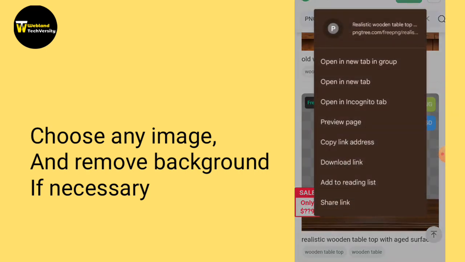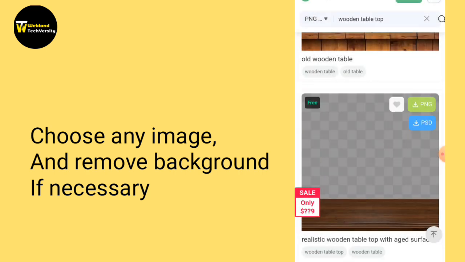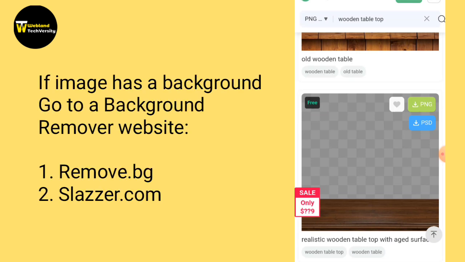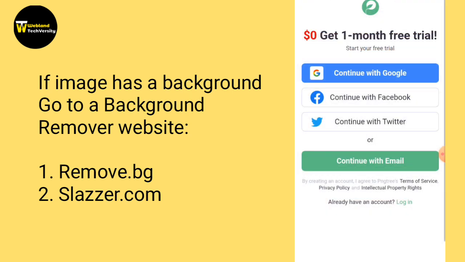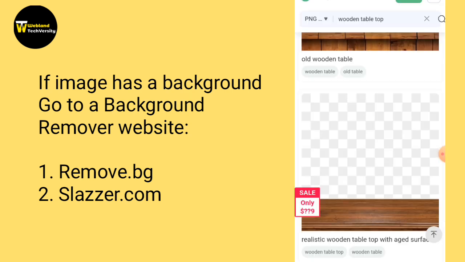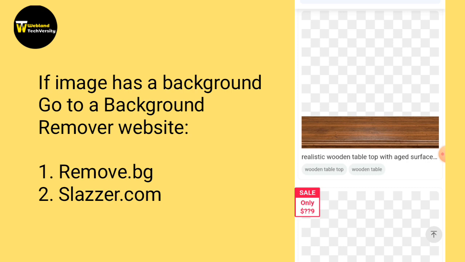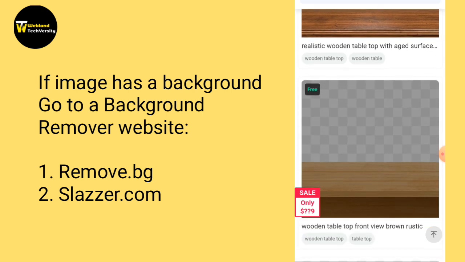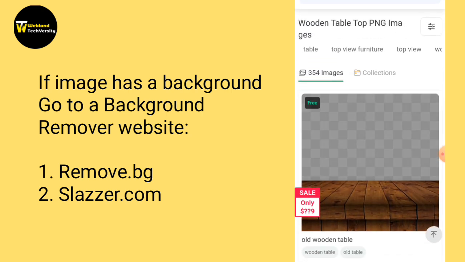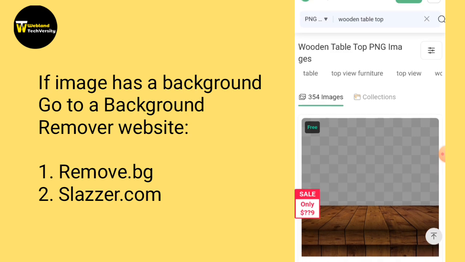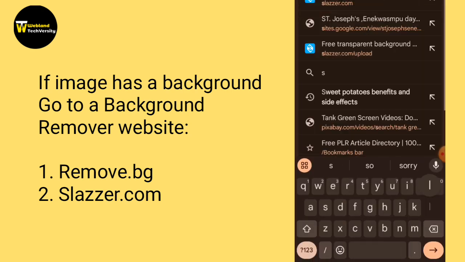See, as you can see, it has PNG on top and PSD. So if I download PNG, it will download the one without a background. So I don't want to go through this process of registration. Once you download it, if it has a background, this draft looking type of background, what you should do is go to